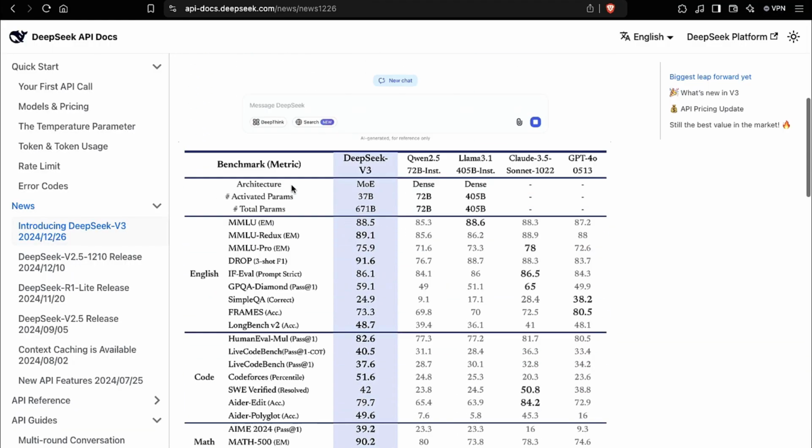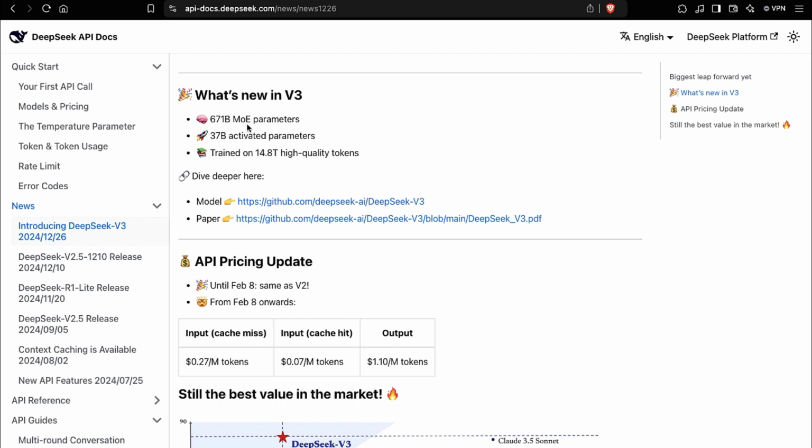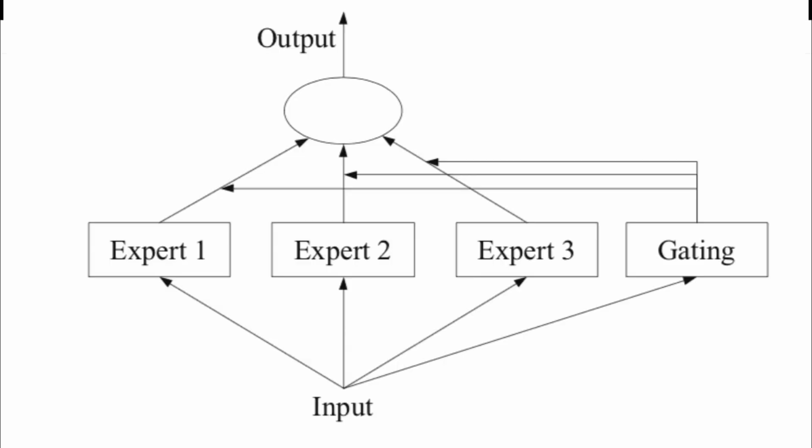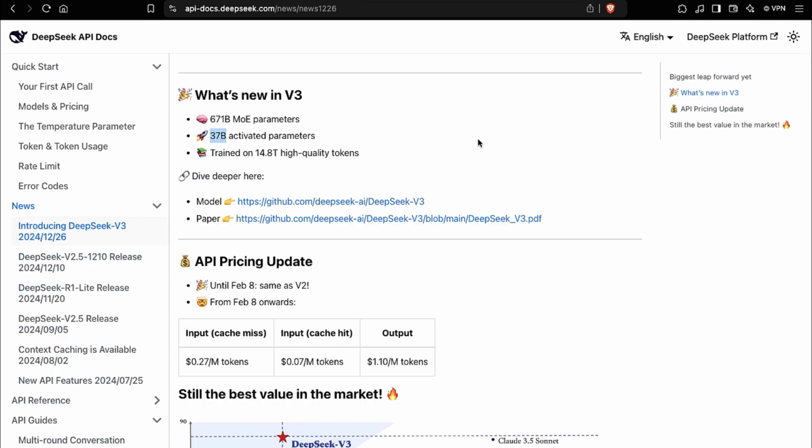What's so special about DeepSeek Coder v3? Let's get straight into it. This model is an absolute beast, with a jaw-dropping 671 billion parameters. It's built on a mixture of experts architecture. Now, what does that mean? Well, instead of being one massive, monolithic model, it's actually made up of multiple smaller models, each trained for specific tasks. Here's the cool part: when you give it a prompt, the system intelligently routes it to the expert best